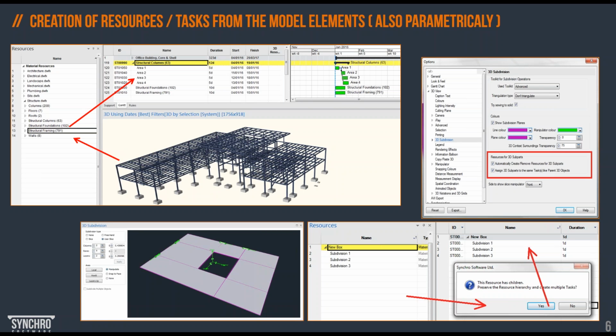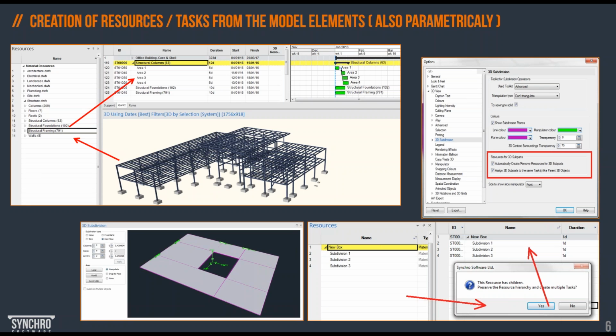Further tools like the subdivision tool will only help us to make our program more detailed. So the example in the top corner just shows you simply how the resources are created and how later on the resources are creating the tasks in the schedule.